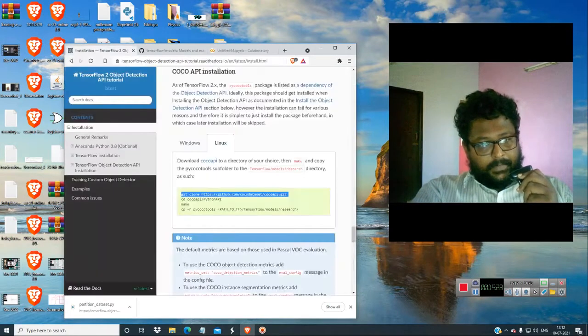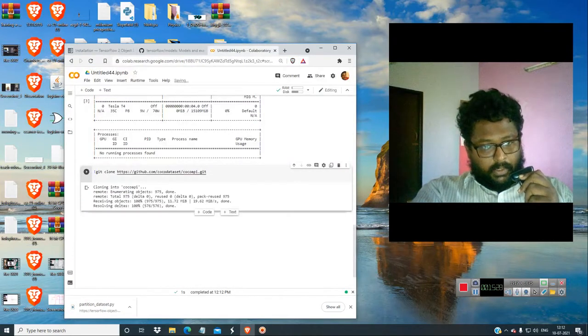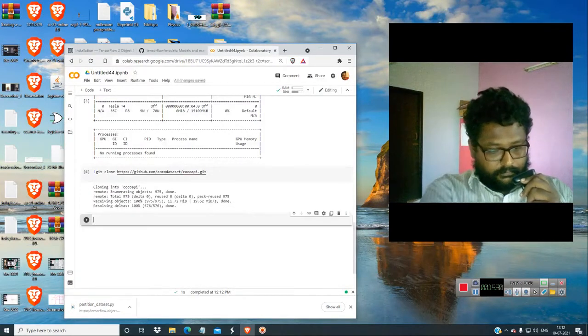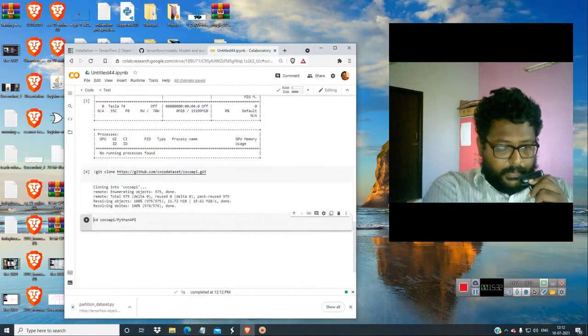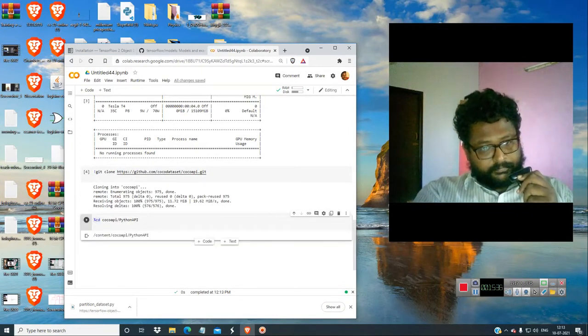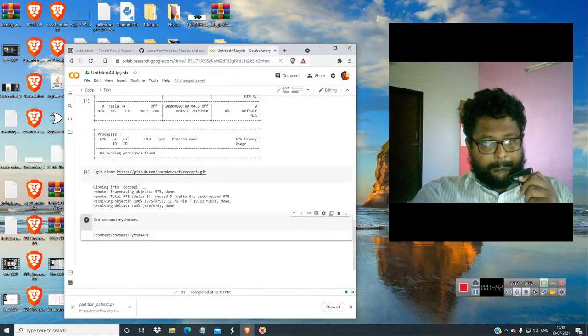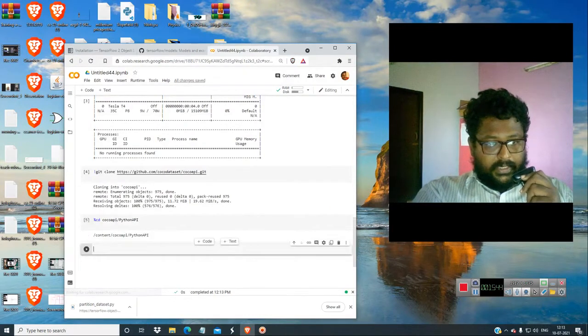The next thing would be getting into the COCO API. You have to put a percent sign here because it's a magic command. After that, you have to run make. This will not take long.